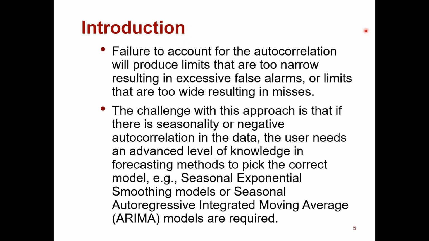If you have autocorrelation and you just run a regular individuals control chart, that will produce limits that are either too narrow, resulting in excessive false alarms, or limits that are too wide, resulting in misses. But if there's seasonality or negative autocorrelation in the data, it's not so simple, and the user needs an advanced level of knowledge in forecasting methods to pick the correct model. So whether to use exponential smoothing or ARIMA is one thing, and we discussed this in part 2 and said either or, depending on the data. You can look at the forecast errors as well. You can take averages, but on the control charts,